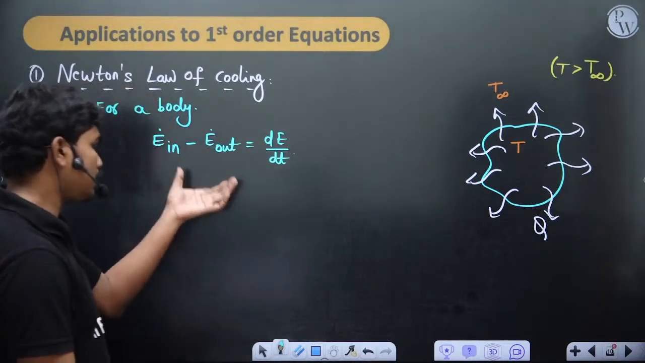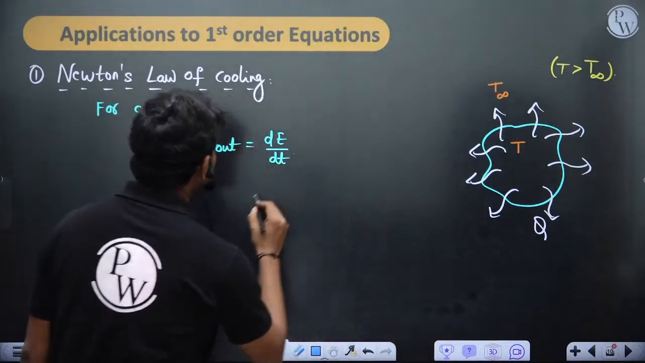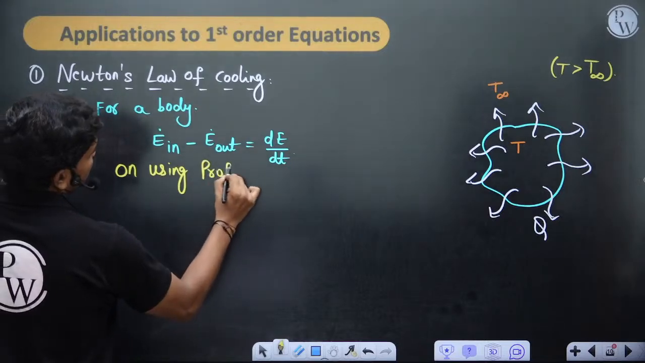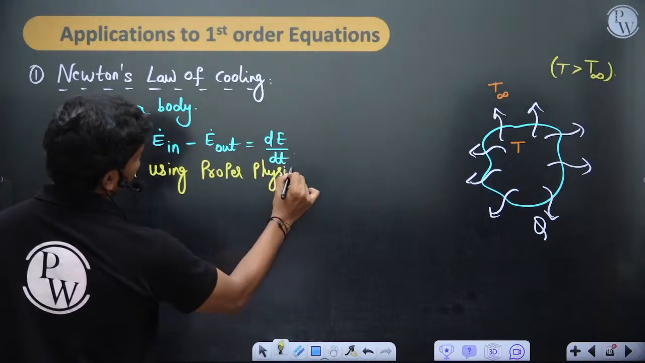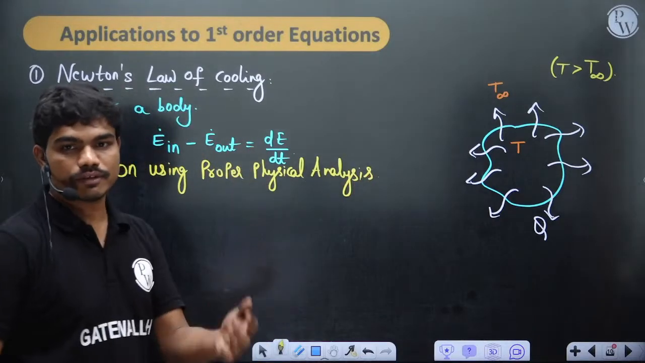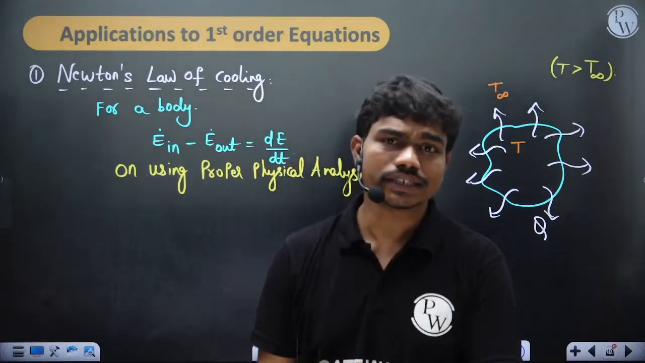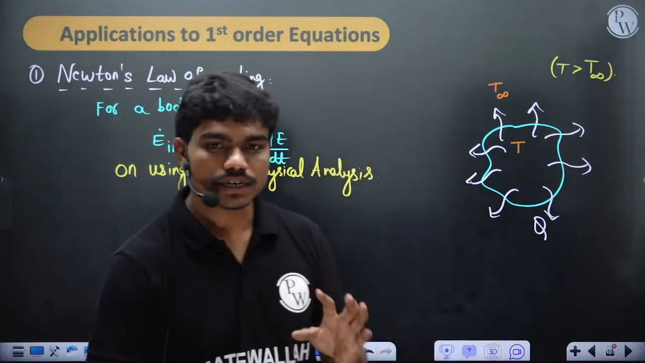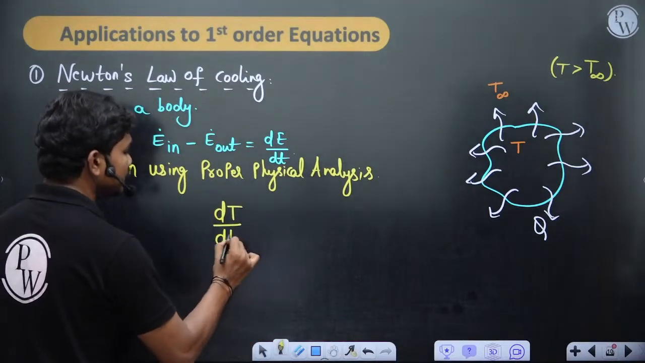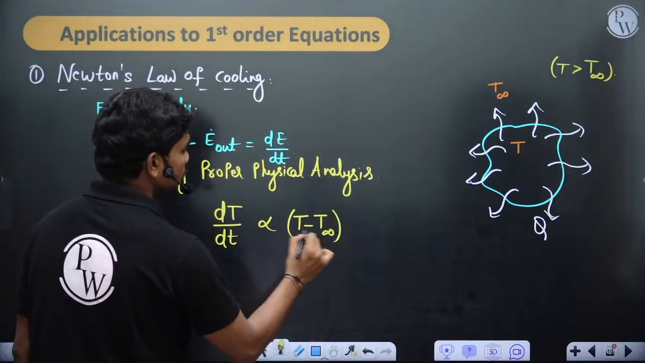And of course, if you make simplifications, right now I'm not going into the physics of the heat transfer, but using proper physical analysis for the system, you can figure out one thing. If this were a mechanical engineering class or a heat transfer class, I would have shown the derivation. But right now just try to understand that dT by dt, where t is the time, is actually proportional to T minus T infinity,